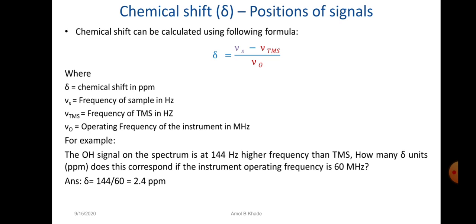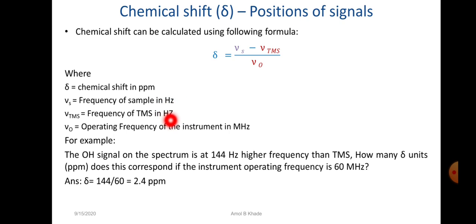Now we can also find out the chemical shift if we have the value of nu. Chemical shift can be calculated easily with this particular formula. Delta, which is the chemical shift, is equal to nu s minus nu TMS. So this nu s is nothing but the frequency of the sample in hertz. Whatever sample we are recording, its frequency in hertz we have to write here, minus the nu of TMS, the frequency of our internal standard TMS,